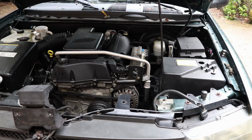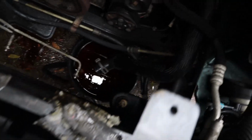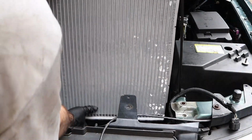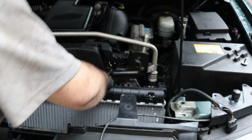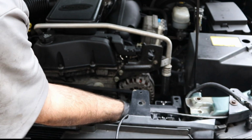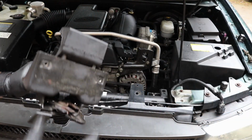Assembly is just reverse of disassembly. Also, these little pegs go right down in here. One will go right there, one goes right there. So we're just going to stick this right back in. So now we're just going to connect these again. Do the other side. Okay, so we're just going to stick this back in here,